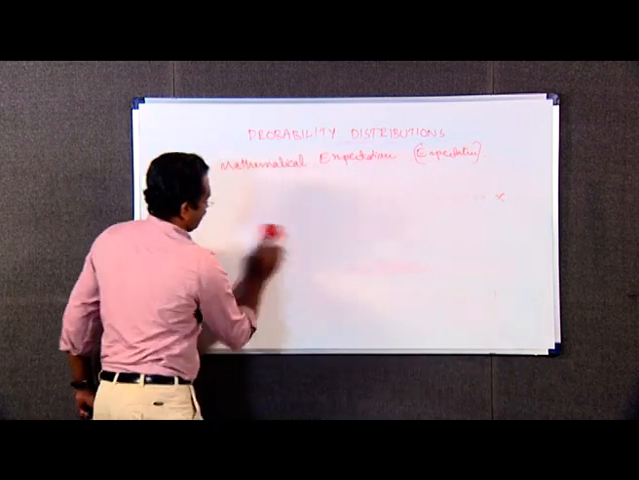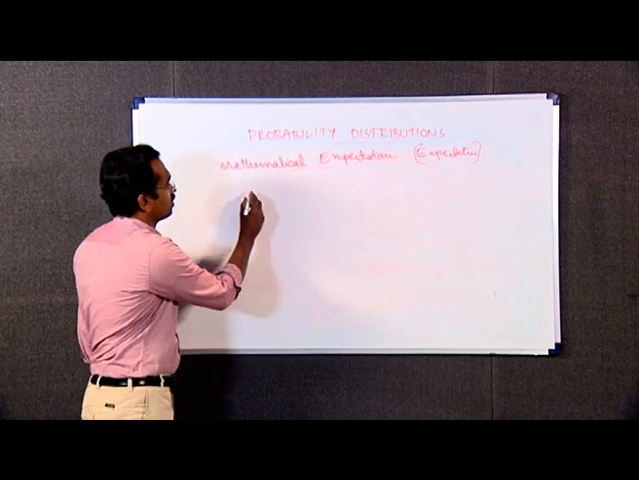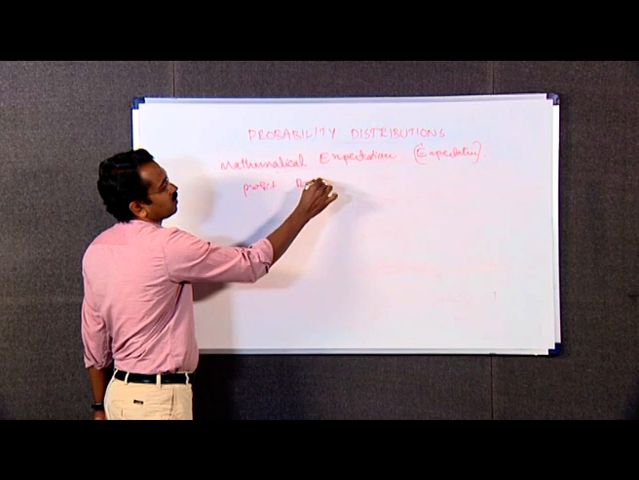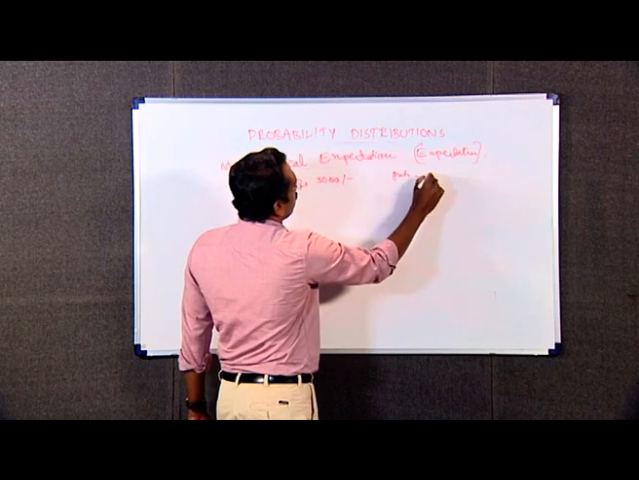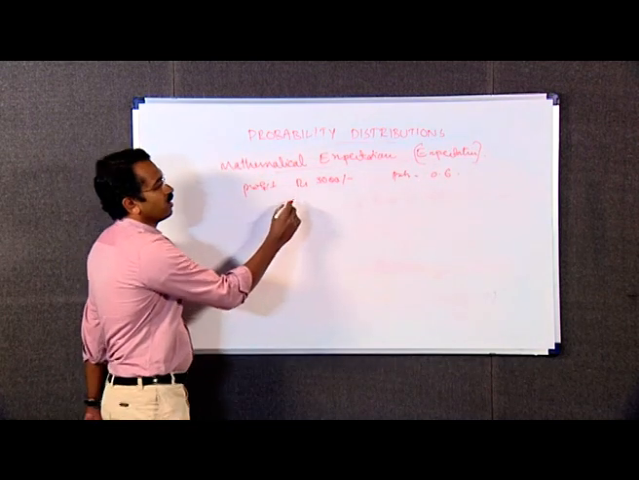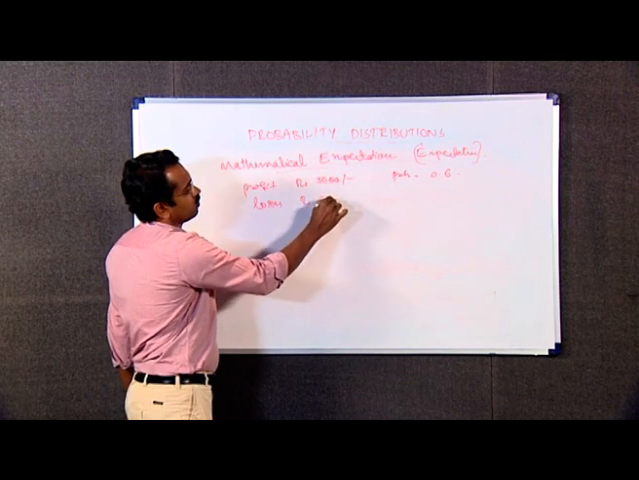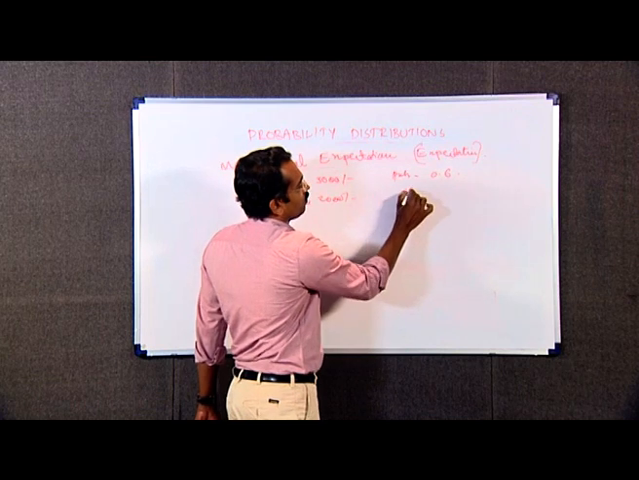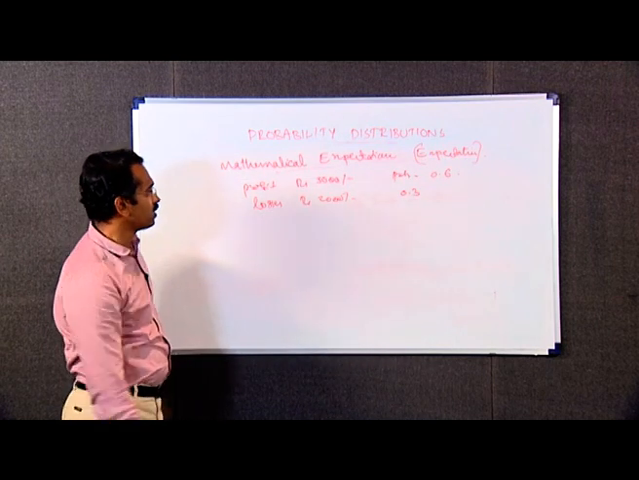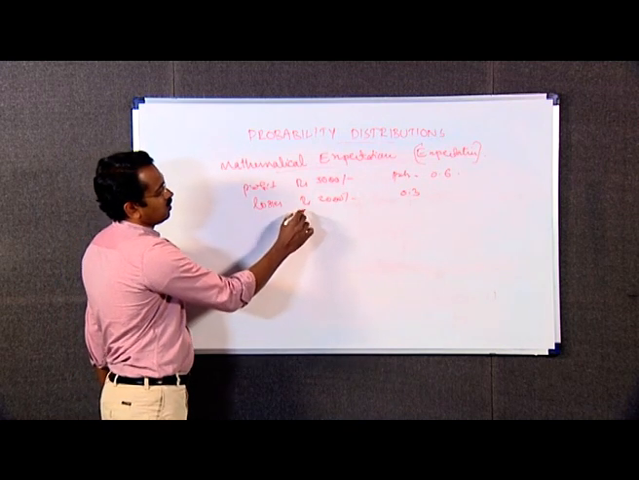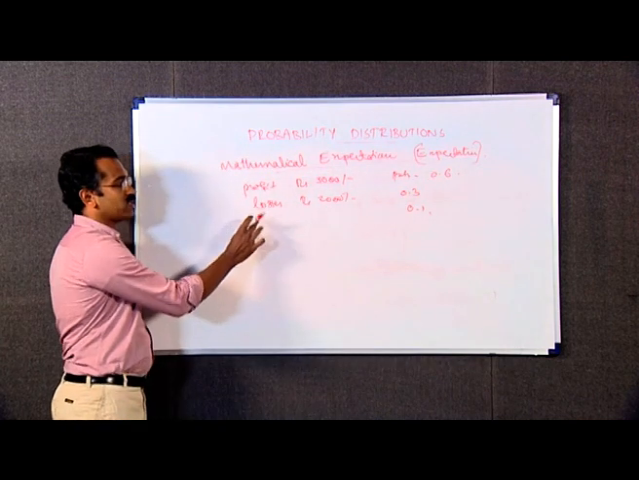Consider an example. In a business, a man earns a profit of rupees 3,000 with the probability 0.6, and he loses 2,000 rupees with the probability 0.3, and also he neither earns a profit nor a loss with the probability 0.1. Then his expected profit in the business